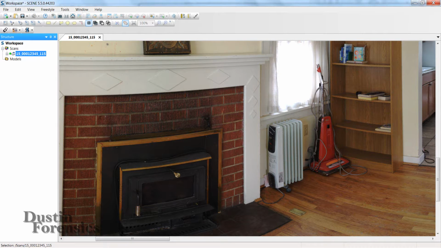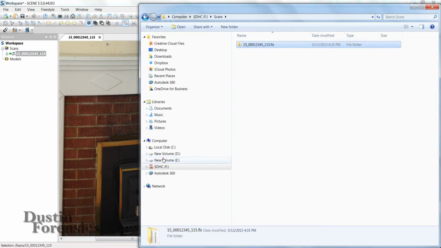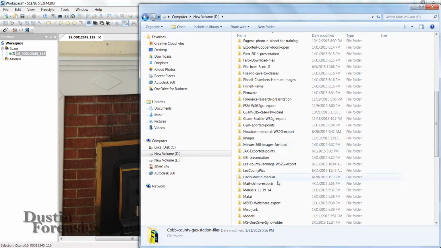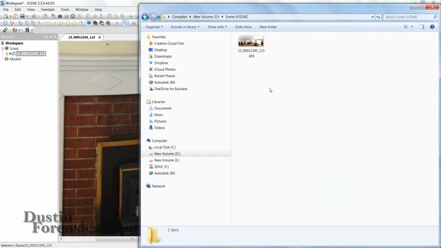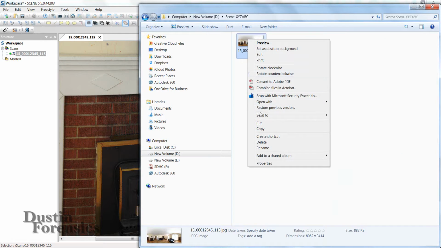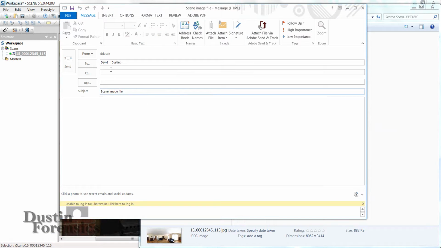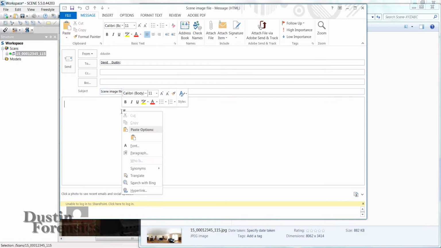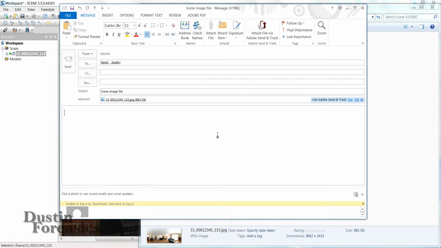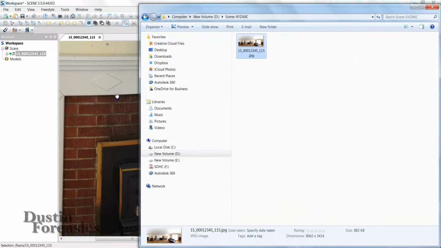So I'm going to navigate to the directory and I can just copy this file, but I have an email ready to go here, so I'm just going to email it to myself. So I'm just going to paste this file that we just exported, and I'm just going to email it to myself. And now I'm going to switch to my iPad,